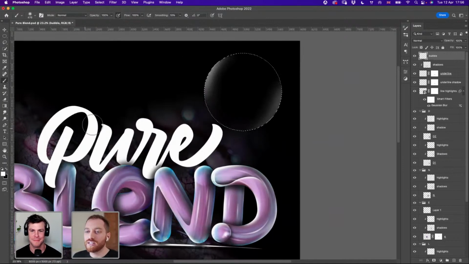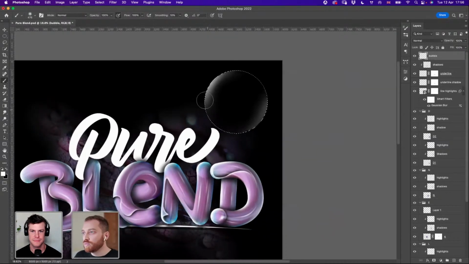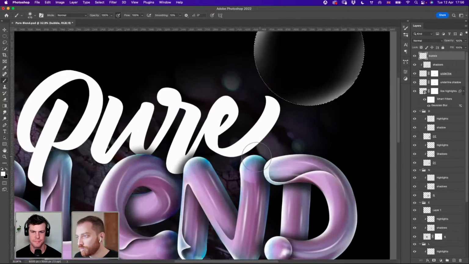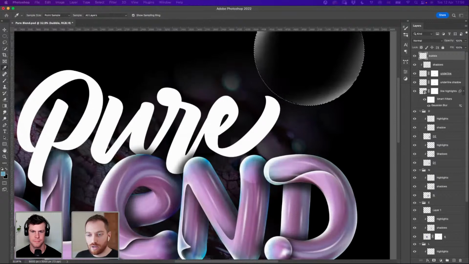Okay, so I have taken a smooth brush and white color, and I'm making some easy moves with the pen. You can do it with the mouse too, but it will be a bit harder. And it will be nice to have some lights based on these colors. Because imagine that the bubble will also reflect the colors from the letters, so purple and blue. So I'm going to select maybe a hard blue color, like this one. It's not very hard, so I'm going to make it a bit harder manually.